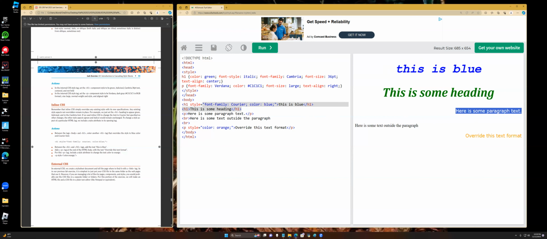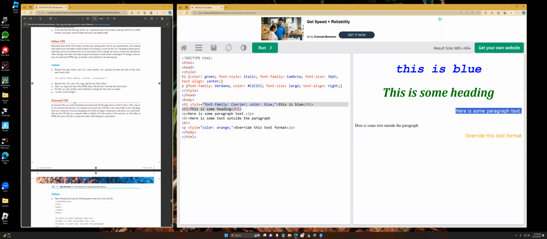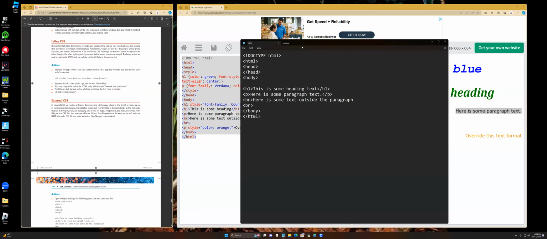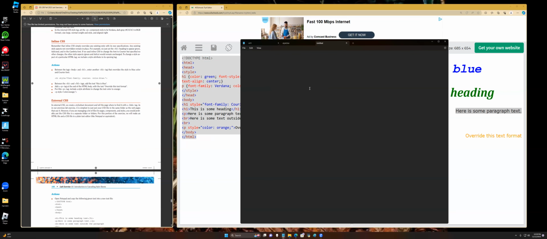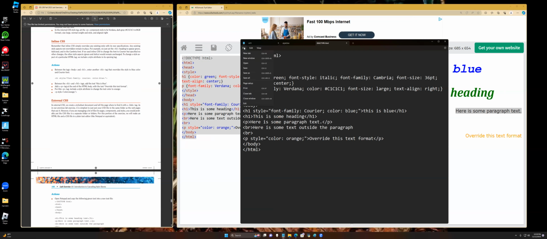All right, so now we're going to do some stuff with CSS. So we should probably save this. Let's save this. I thought it said to, but maybe it didn't. All right, we're going to copy this. I'm going to save it as, let's see, I already have this here. I did it earlier. So I'm going to save this as